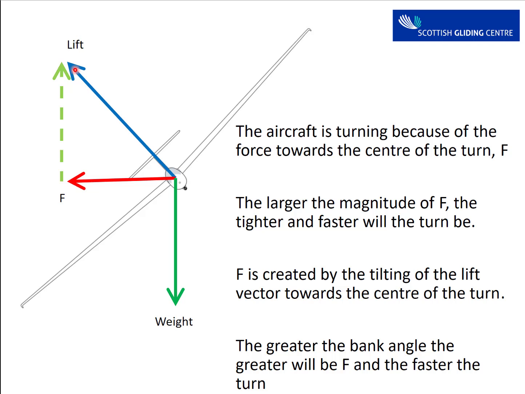Now the problem I have is that I'm still trying to balance my lift and my weight. And the problem happening now is that as I've banked the aircraft, my lift no longer equals my weight, because some of my lift is pointing into the turn. And therefore, once I've banked the aircraft and commenced the turn, I need to increase the angle of attack to generate more lift, such that now my lift still equals my weight. So in order to turn the aircraft, I bank the aircraft and gently pull back on the stick to increase